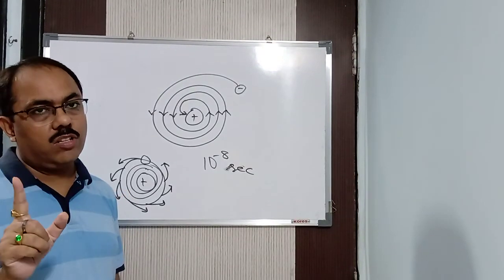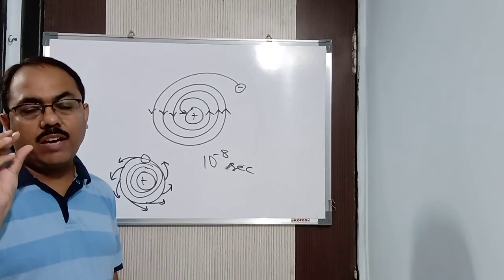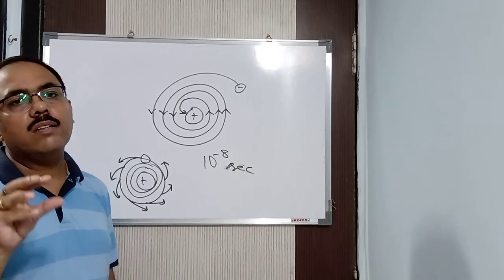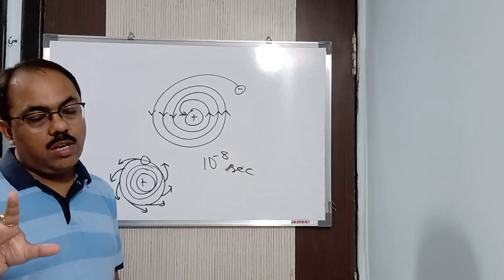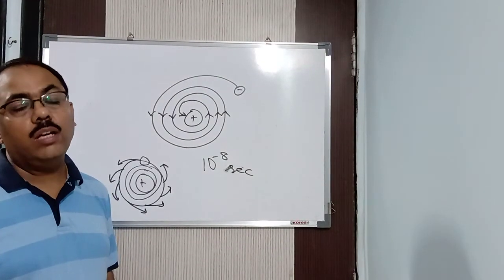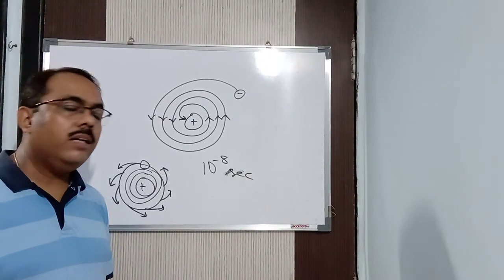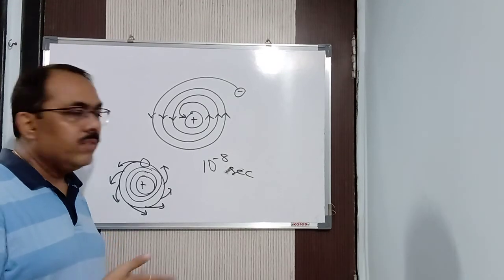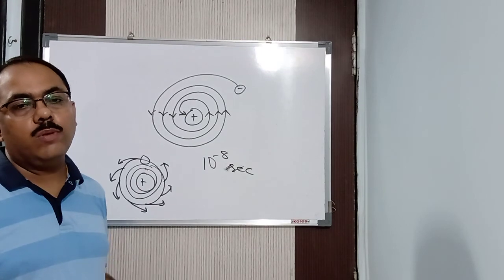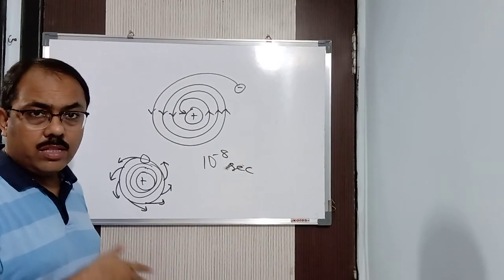That is the credit which goes to Rutherford, that an atom consists of a positively charged nucleus of very high density, because the entire mass of an atom is concentrated inside the nucleus, which consists of neutrons and protons. The electrons are moving in a circular path, as suggested by Rutherford, and the mass of the electrons is quite negligible compared to that of the neutrons and protons. Understood Rutherford's atomic model and its drawbacks?